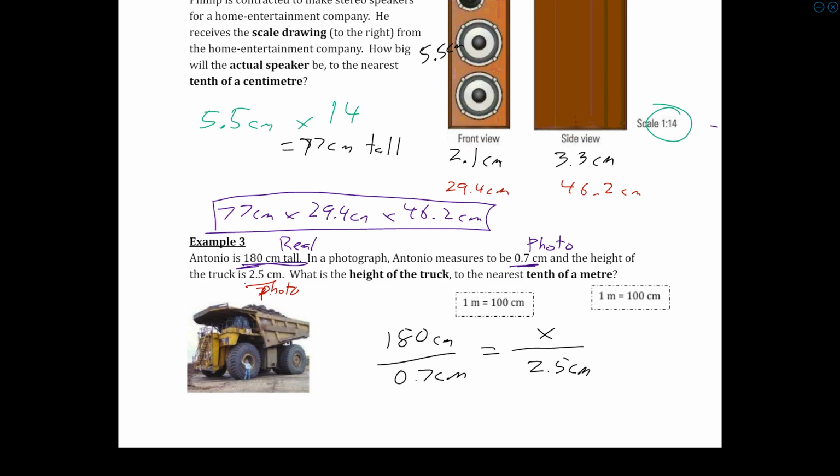So in this case, it ended up being top over bottom was real over photo. Although I guess I should note, if we were trying to find the scale factor, which we're not here, I would then need to flip it because you want the actual as the bottom of the second scale. Okay, but to find x equals, cross multiply and divide: 2.5 times 180 divided by 0.7. End up with